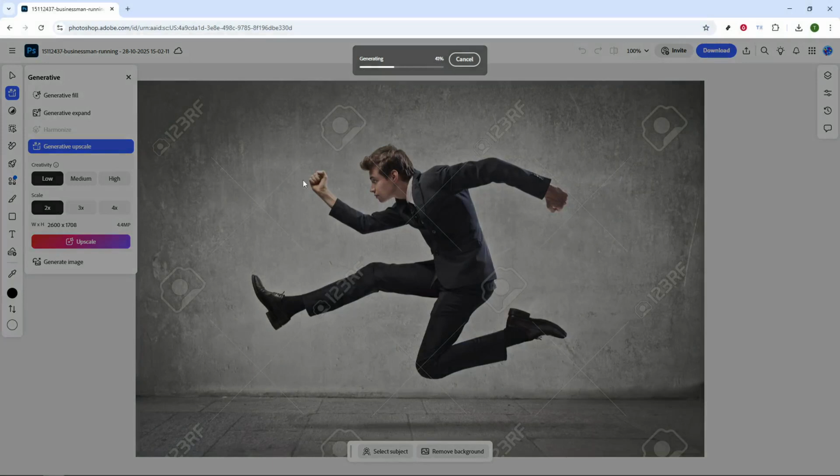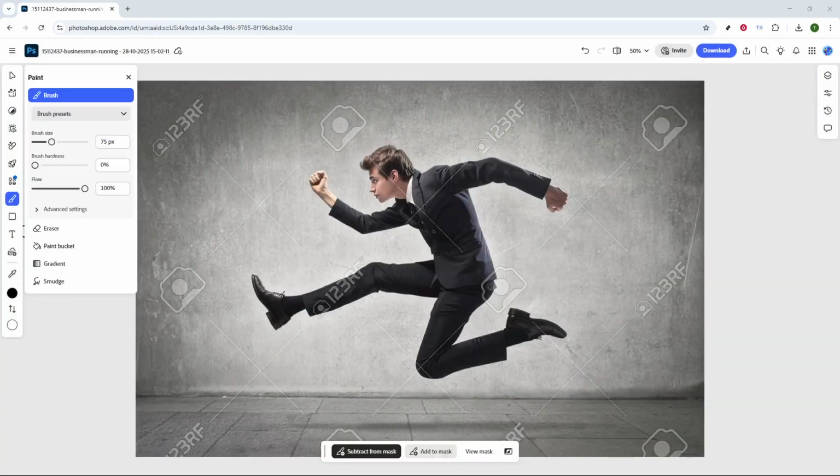And there you have it. You've successfully used Photoshop to upscale your image, unlocking new levels of detail and clarity. Whether you're sharing your work online, preparing it for print, or just practicing for personal growth, using these tools can significantly enhance your